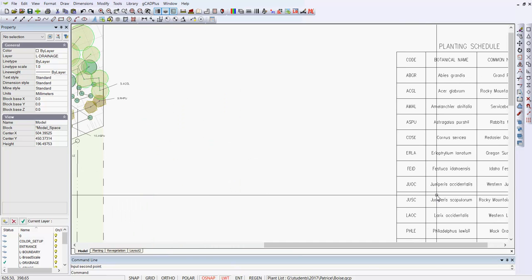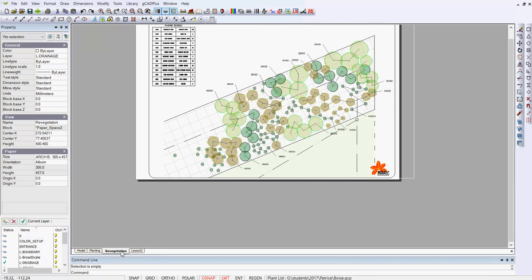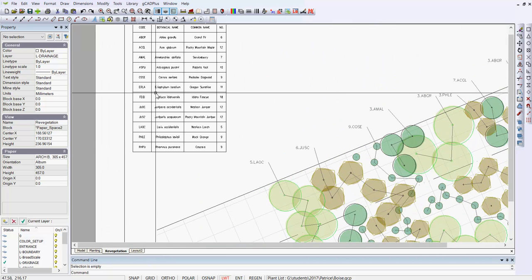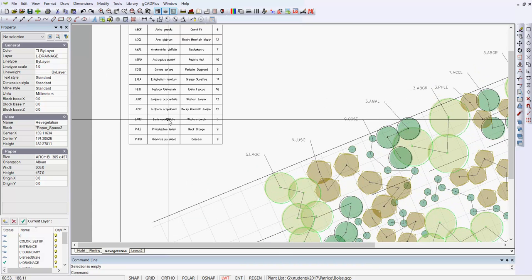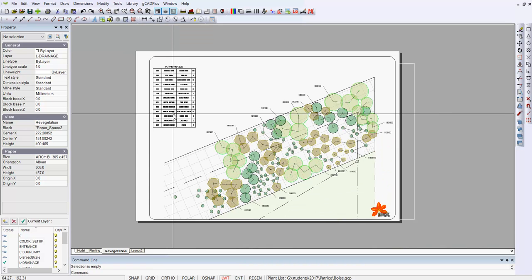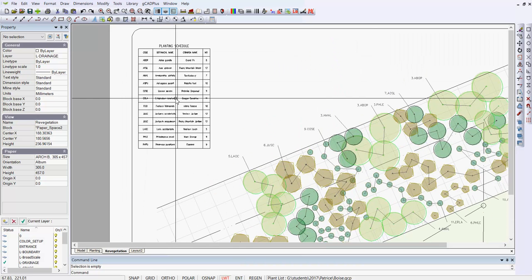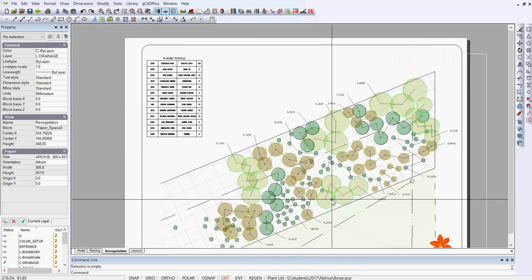The western juniper increases in number, and if we look over here on the revegetation layout, there's our floating viewport with the information on 2 different junipers are going to be used in the mass planting. So it's a system for doing mass planting using simple symbols, not trying to in any way convey a sense of what the species is going to look like. It's just a matter of giving the team an appropriate planting schedule and a location plan, and they can go